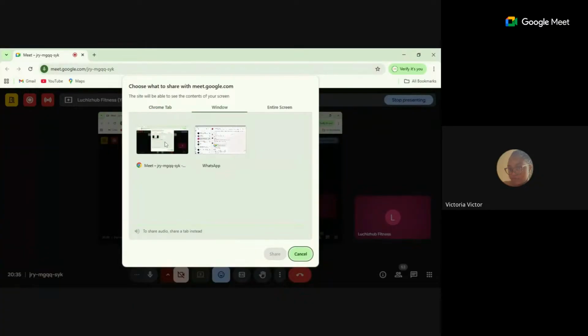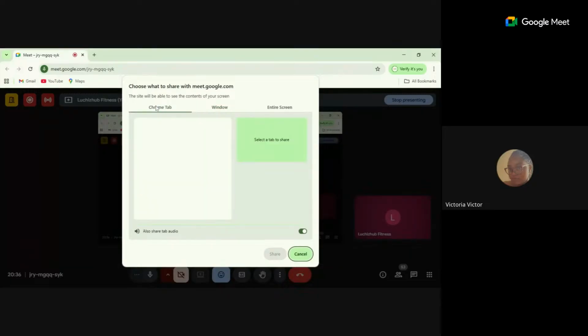Now you see you have Chrome tab and window and entire screen. So when you want to present, you either go to your Chrome tab or Windows. So now go to your Chrome tab. Now your Chrome tab will show everything that is open on your Chrome, right? What you're going to do then is to select whatever is on your Chrome that you want to present. For example, if I had my Canva presentation,